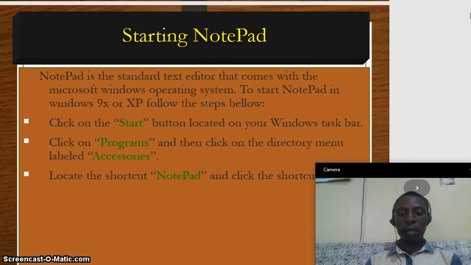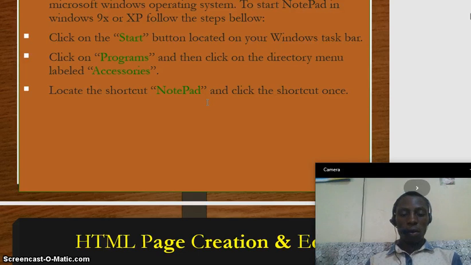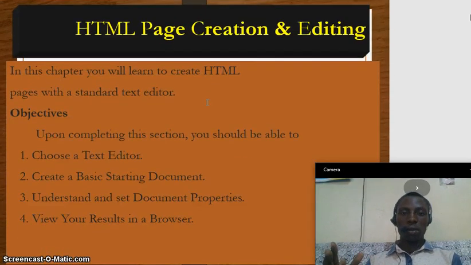Then locate the shortcut Notepad and click on the shortcut. Then it will open. We are going to go through this together practically, but we are first going through the presentation.